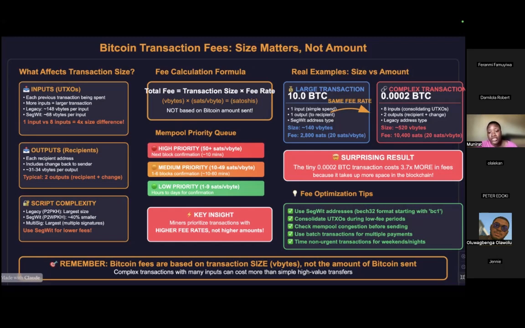So consolidating is like saying you have chunks of 0.001, 0.001, 0.001. If you are trying to create a BTC transaction and you are adding those up, the size becomes larger. But let's say in a period where the fees are really low, you can just add them and send them back to yourself. So 0.001 in multiple places, maybe it's going to give you like 0.98, and you send it back to yourself.